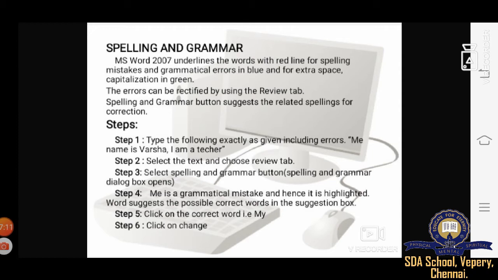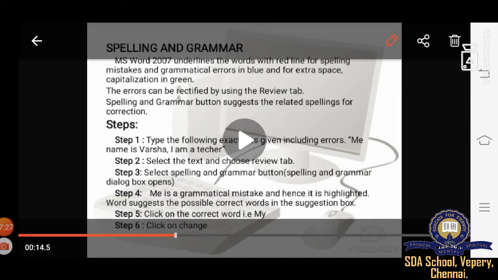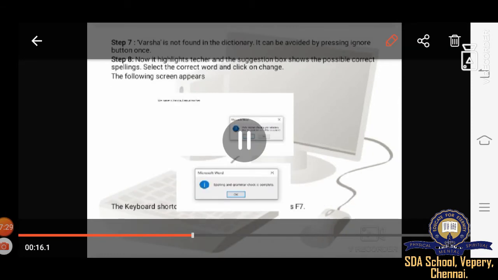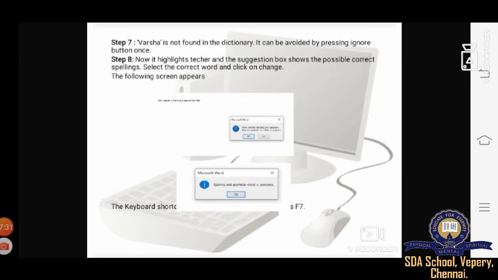Then step 6, click on the correct word, for example, my. So, my name is Varsha. You will get it in the correct form. Then step 7, click on Change. When you click on Change, the word me is changed to my.